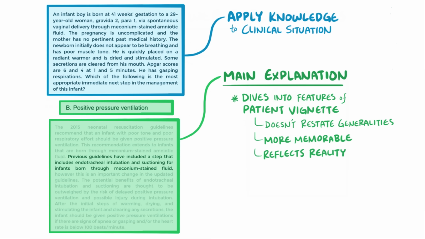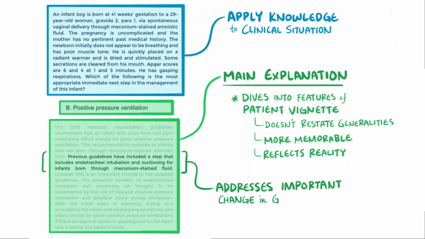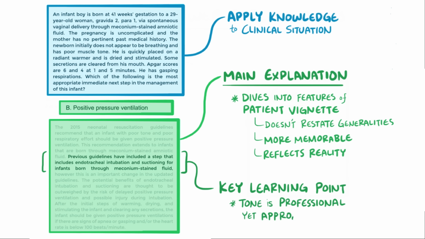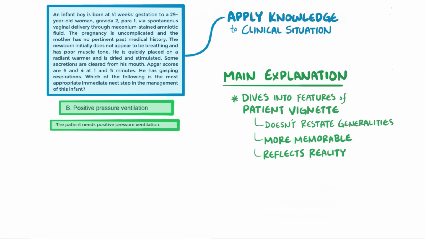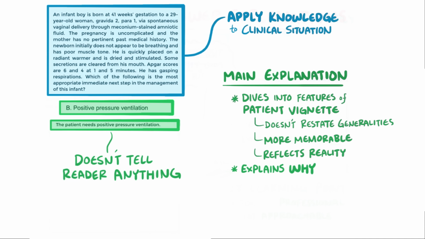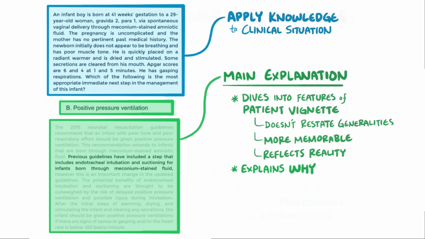For example, in our question, the answer clearly addresses an important change in clinical guidelines, where it says, previous guidelines have included a step that includes endotracheal intubation and suctioning for infants born through meconium-stained fluid. The trick here is to pull out the key learning points and explain them clearly, using a tone that's professional yet approachable. If instead the answer explanation was just a single line that read, "This patient needs positive pressure ventilation," then that really doesn't tell the reader anything except the answer. A good explanation explains why that's the right answer. That's why it's really important to flesh out the answer with a typical length for the main explanation being about